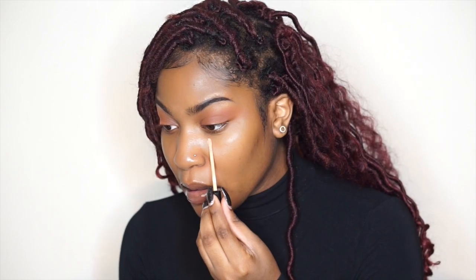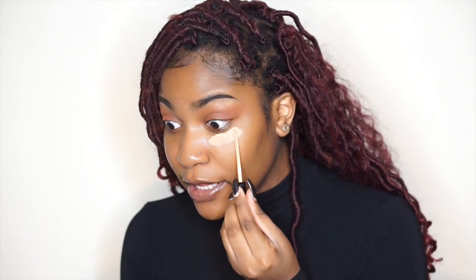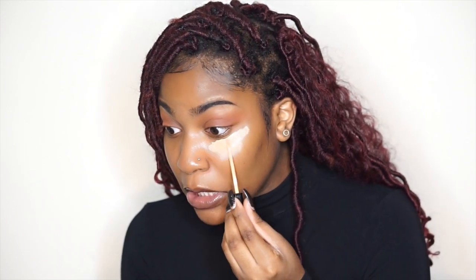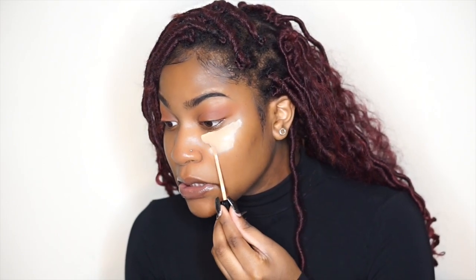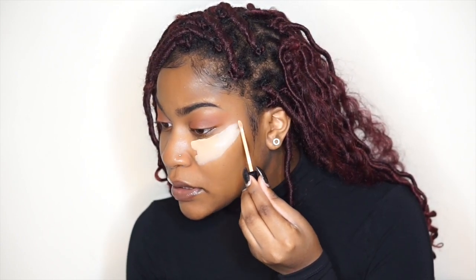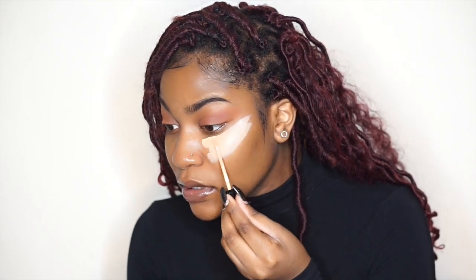Oh, let's do this. I'm so scared. Okay. So she put a lot, like a lot. So I'm gonna be using a lot of this. We're just gonna do the shape that she did, which was a lot of